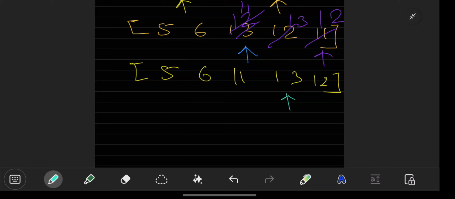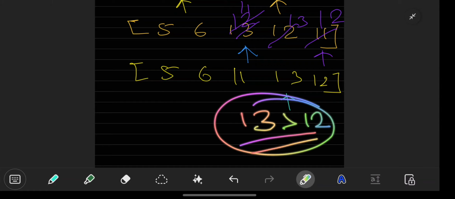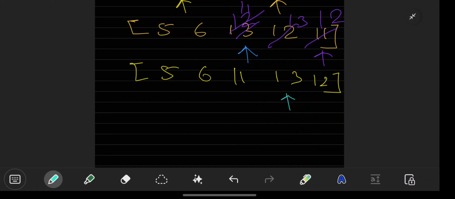Now we'll start comparing this selected element with its next element in the array. We'll start comparing from here, and check if 13 is greater than 12. It is, so it will be replaced: 13 becomes 12, and 12 becomes 13, and the new array will become